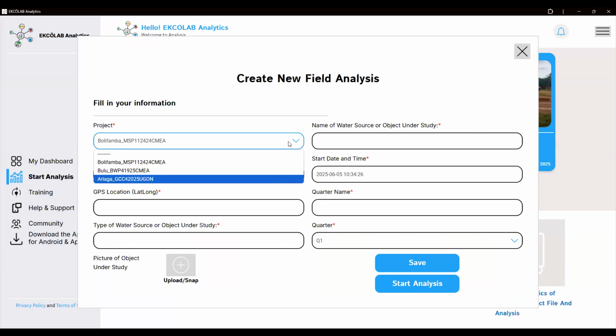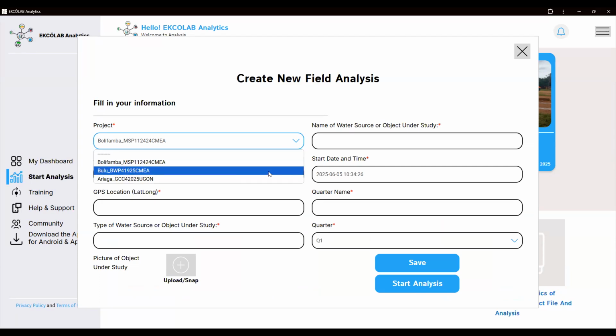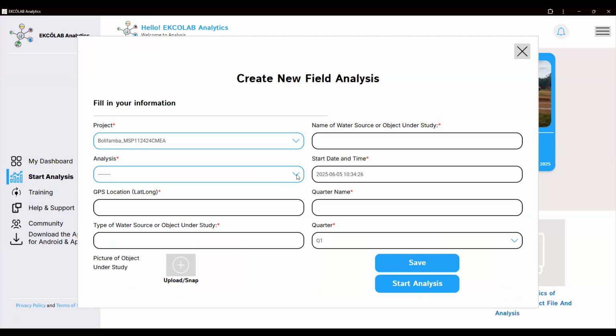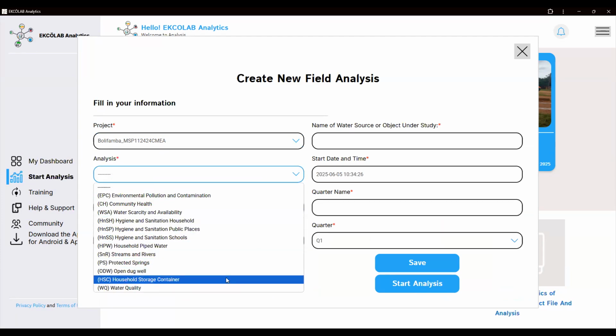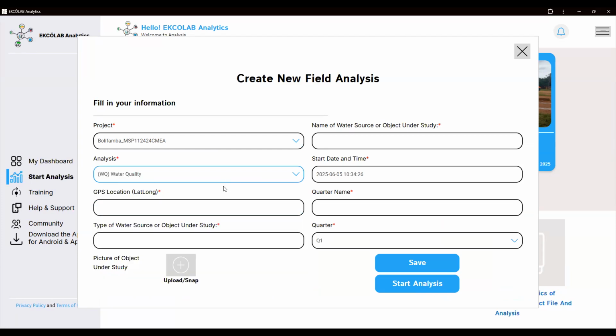You can select any of the projects you have created, maybe you want to do water quality analysis in one of these communities. You define that, and then you click and have the analysis water quality. When you click on it, you put on your GPS location, and then you have other important information here, like the water source. Let's just do something like